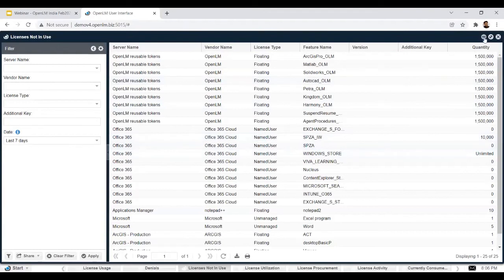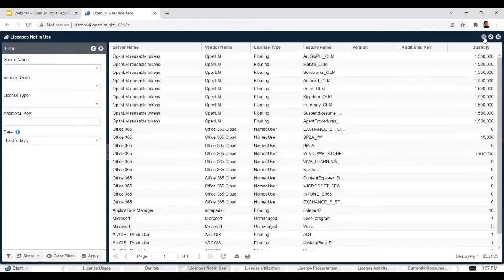Apart from this, we have several extensions, like something called roles and permissions, where you can set up a specific role. For example, if it's a project manager who requires only reporting access to OpenLM and nothing else, you can just create a role for him, assign him certain permissions to view the reports, and he would be able to access the OpenLM user interface and view only the reports. Similarly, we have